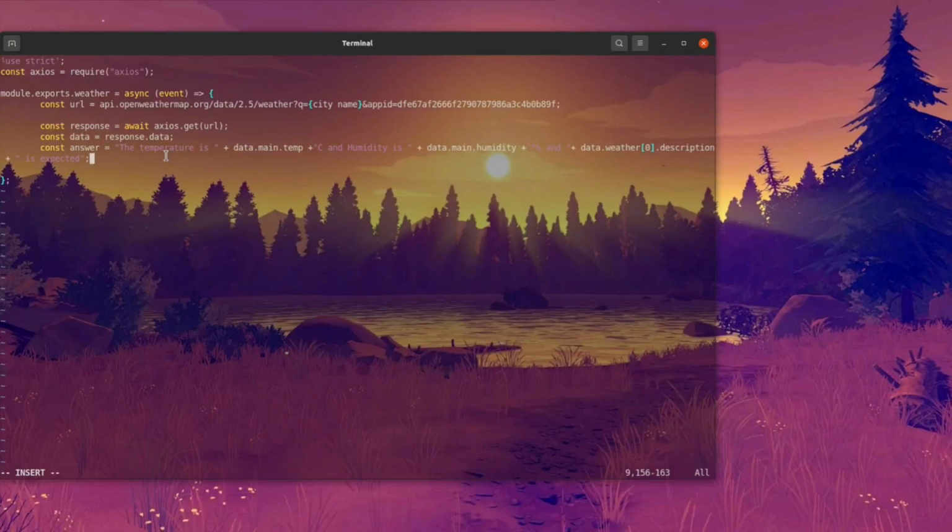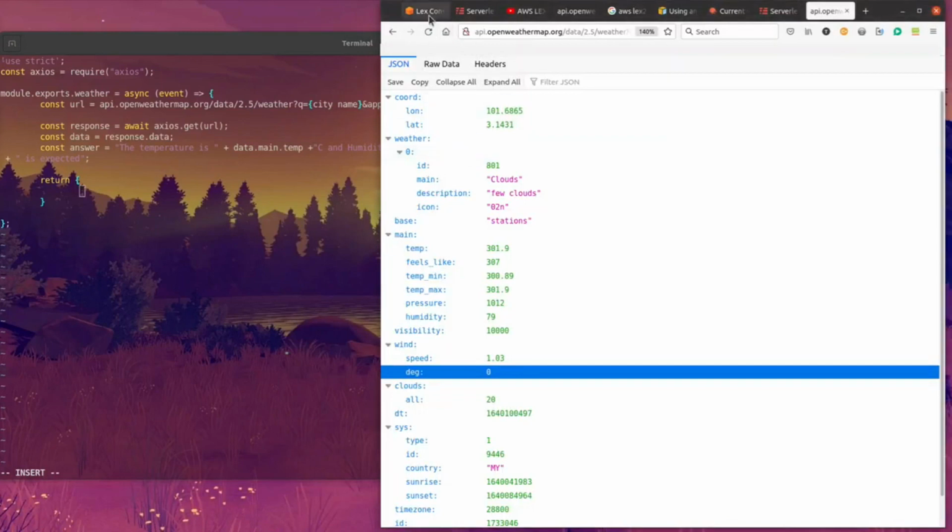Okay, so we have to return back to the chatbot. We have to return something. Okay, this is the format that is very critical, otherwise it will not work. And also this event is the input from the Lex, which is, okay, let me refer back to the Lex again. So in the Lex,